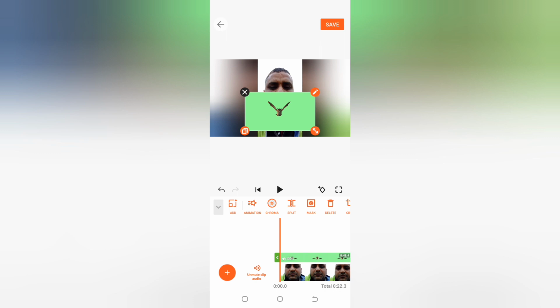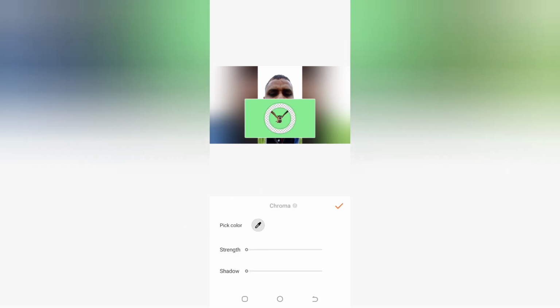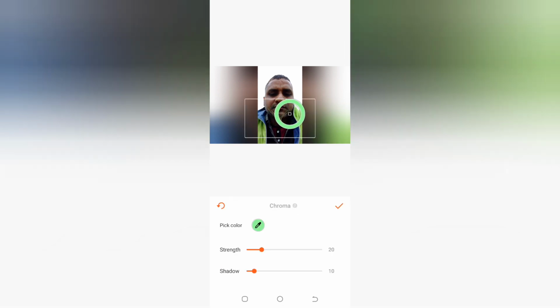And I've inserted it by using PIP. If you want to make a green screen or remove the background, this is typically the green screen video of an owl, which I downloaded from Pixabay for free. And you need to use the chroma. The chroma option comes out after you insert a video here, and you need to click the chroma here, okay,